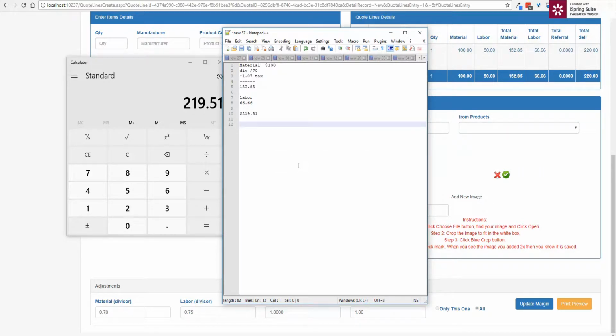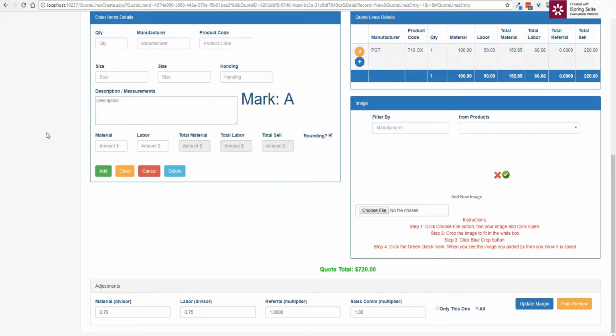You see 220, so we round it up. We're doing that per line. Okay. So I'm going to go ahead and add another one,